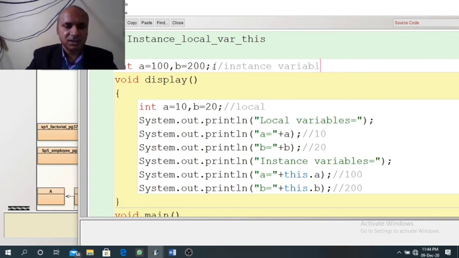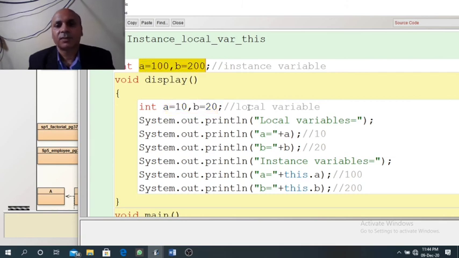I hope instance variable and local variable you have already studied in my previous videos. Now, if you print A and B, the question is which value of A and B will print, local A and B or instance A and B?